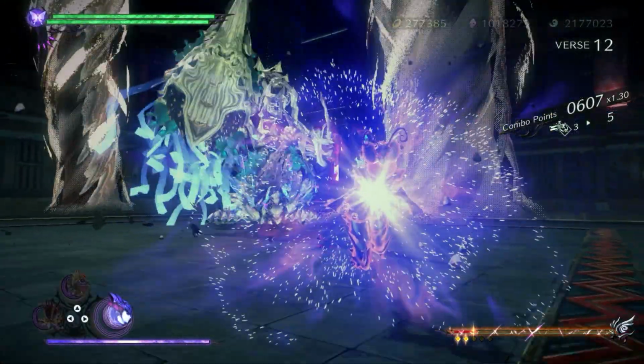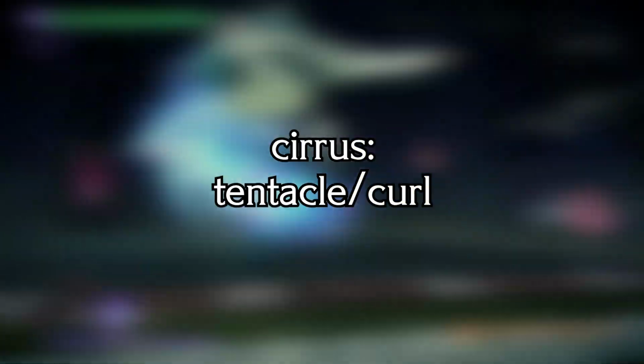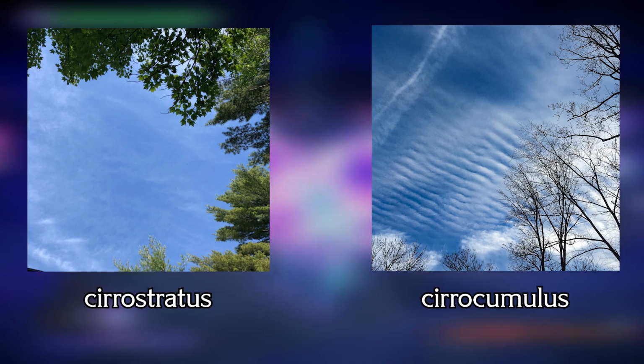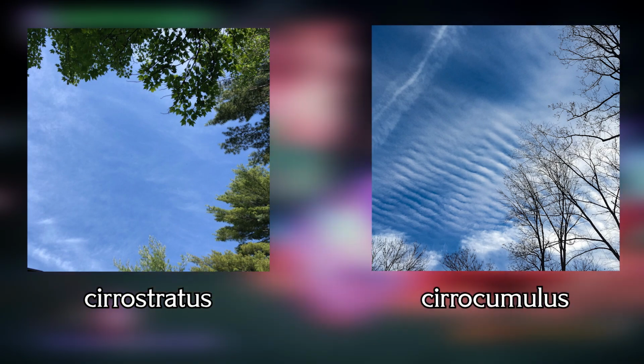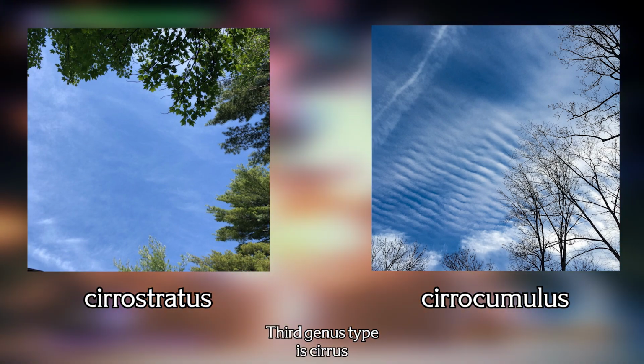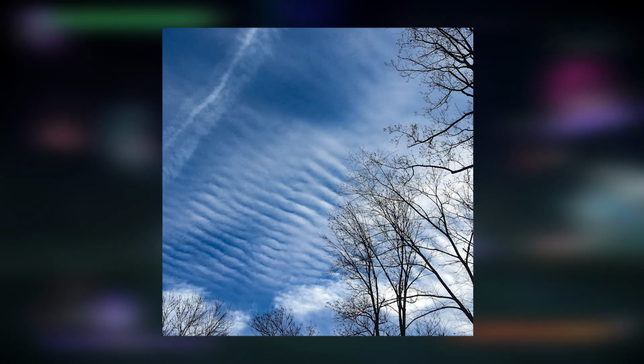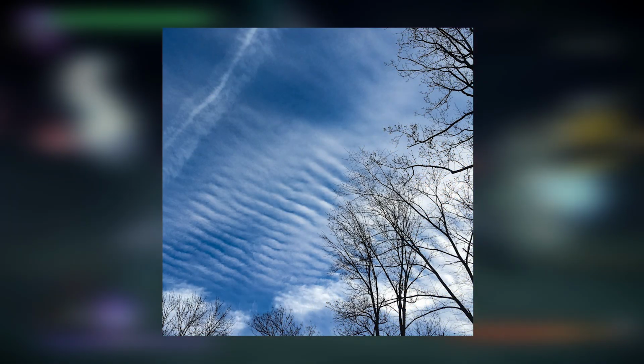I've already defined Stratus and Cumulus earlier, but cirrus means tentacle or curl in Latin. Cirrostratus clouds and Cirrocumulus clouds are two of the three main genus types of high-altitude clouds in the troposphere. Cirrostratus clouds are transparent cloud veils, and Cirrocumulus clouds are similar, but they are thicker and appear to be ripples